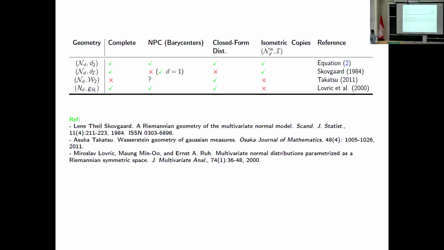It's only a characteristic that we actually do not use in the end, but just to describe all the characteristics of this geometry, basically. But the important thing is this one, that we have a non-positive curvature space for D that is also greater or equal than 2, and not only for D equal to 1.